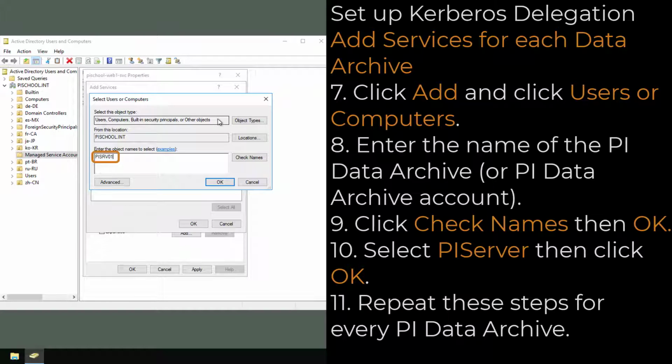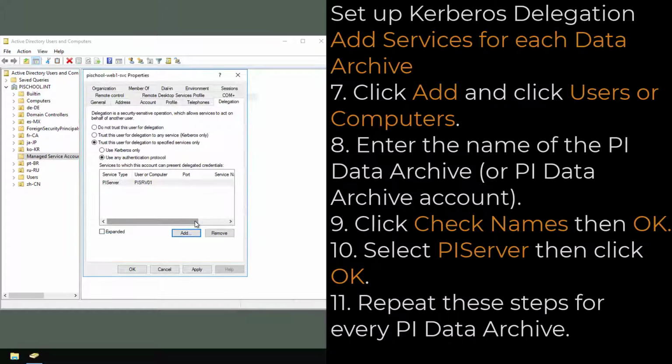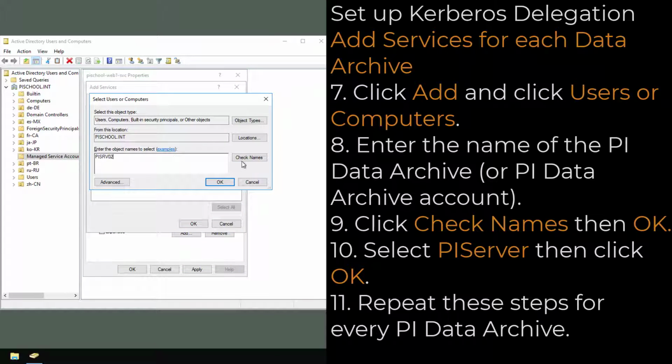Note that if your PI Data Archive is using a custom service account, search for that name instead. Click Check Names, then OK. In the Add Services window, under Available Services, select piserver and then click OK. Repeat these steps for every PI Data Archive that PI Vision will access.